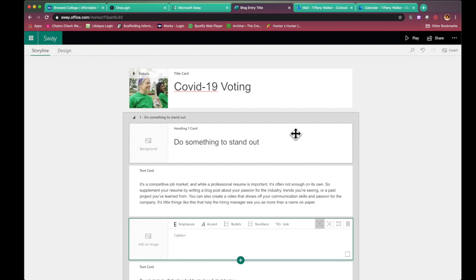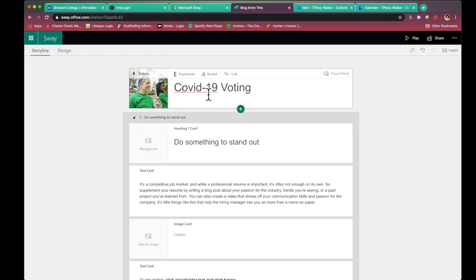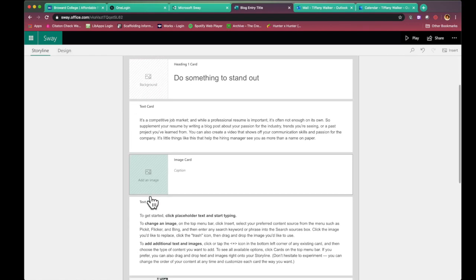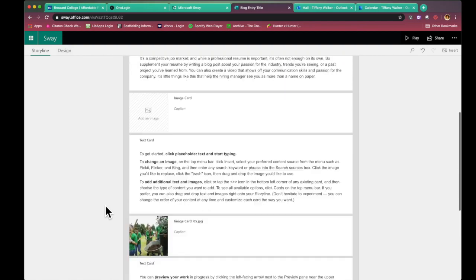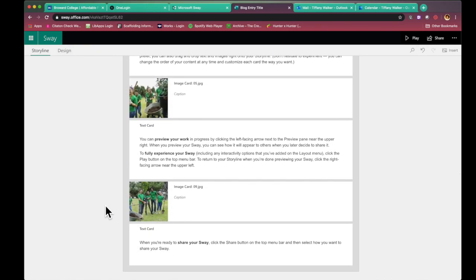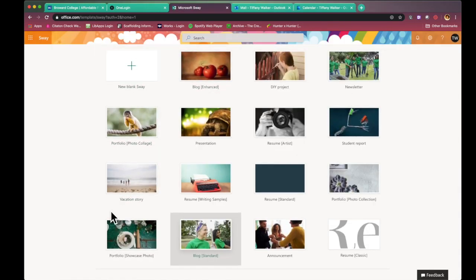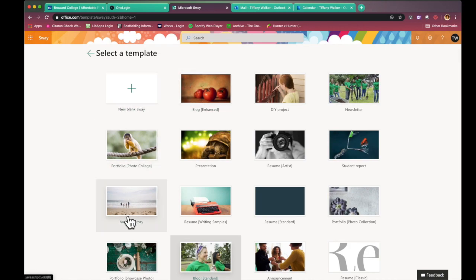As long as you have your blog already written, you can simply come in here and just drag and drop this information and edit to your liking without having to go through too much trouble to get things the way that you want them. All right, so let's go back to the template page that we were just on earlier,